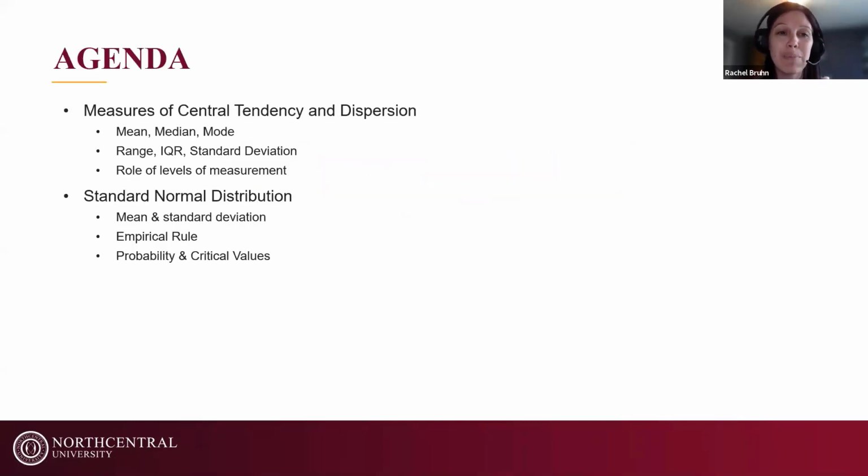So we are going to talk about measures of central tendency and dispersion. If you're not familiar with those stats terms, you might be more familiar with things like mean, median, mode, range, standard deviation, things like that. We're also going to talk about the standard normal distribution. At least in all of my stats courses, this was the prerequisite to learning about hypothesis testing and statistical tests in general. You always start with the normal distribution. So we're going to talk a little bit about that and start to tie that into those hypothesis testing concepts that are going to apply to every hypothesis test that you do.